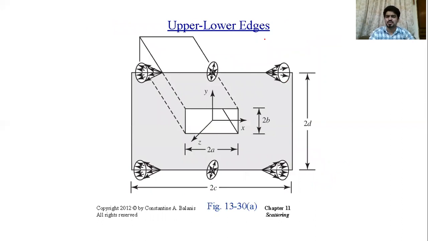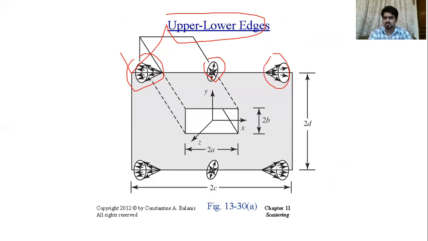Again, same thing you can do even for the other case where you have a rectangular waveguide aperture mounted on a finite ground plane. So you can divide your ground plane in two parts. Your edges, you can group them into two. One is upper and lower edges, and you can do the similar analysis. So here you will have something like a normal incidence. That's why you have that diffraction plane in one plane. Here you have something similar to a conical Keller cone, right? Because you will have something similar to oblique incidence.